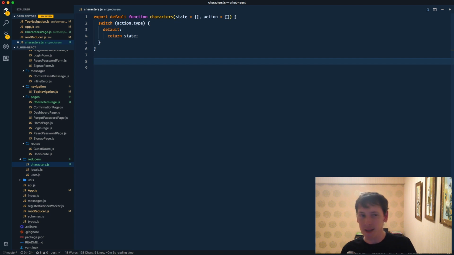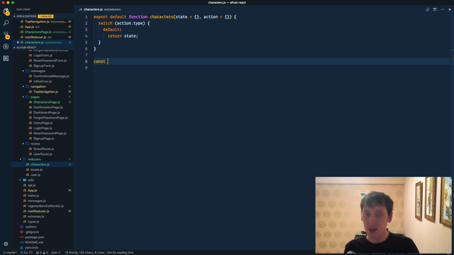Maybe it's not a good idea. Maybe we should do it in a separate file, but just tell me what you think about it. Maybe you can influence my opinion on that. But for now, we're going to have all our selectors that are connected to the particular reducer in here. And then maybe the selectors that combine different entities into one will be separated into another file. We'll think about it. Okay, so we define a constant, and the first selector is going to be just the selector